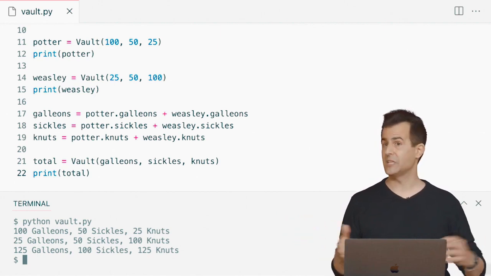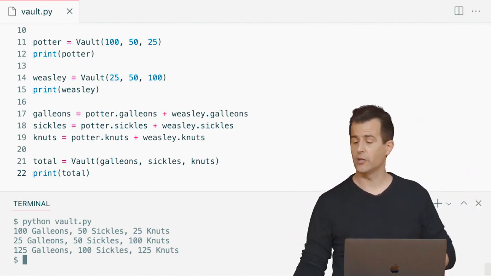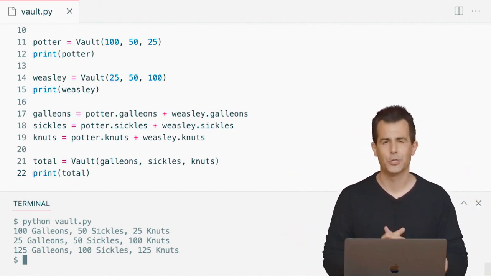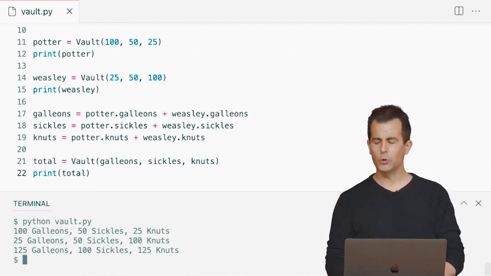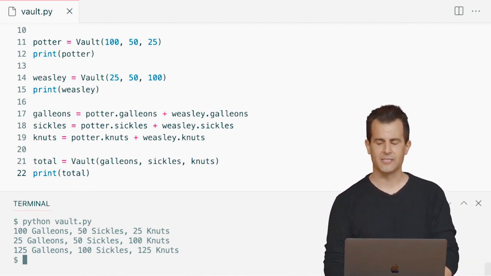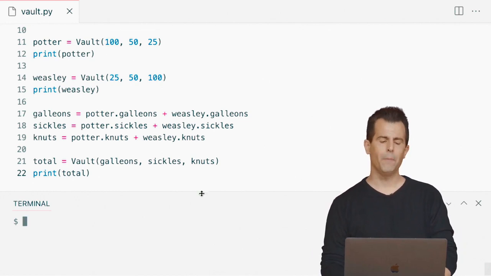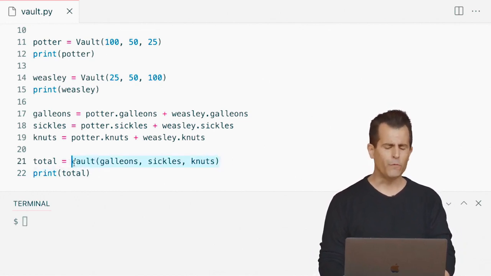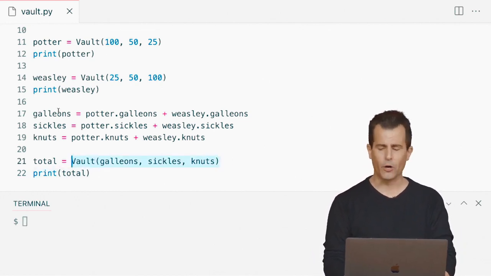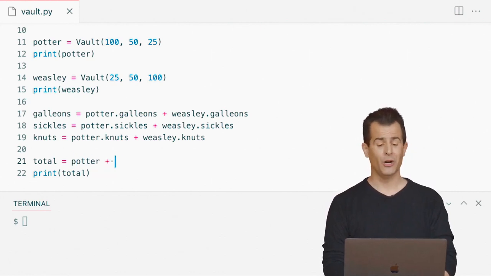So pretty straightforward, using techniques from weeks ago, where we're just declaring a few new variables and doing some addition. But wouldn't it be cool if I could do something like this? Wouldn't it be cool if I could just somehow not manually create my own vault and do all of this annoying math up here? What if I could just do Potter plus Weasley and get rid of all of this